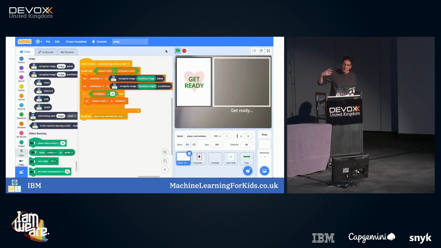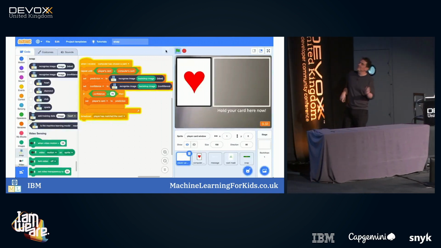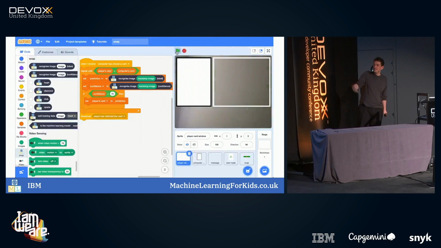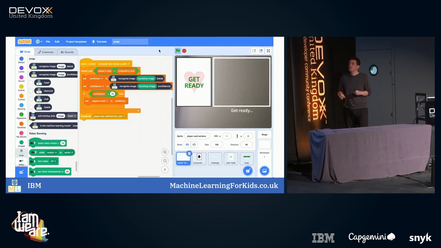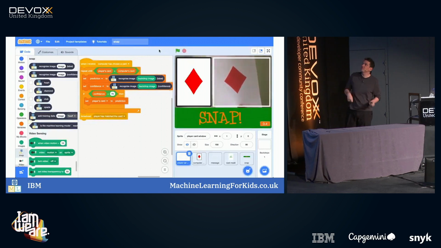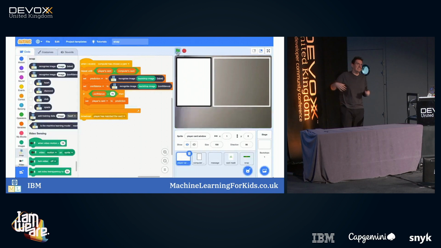This one is using the webcam. So I mentioned, the webcam is a nice way of getting training data. So here, they had to hold up a matching card. And with the classes, I have a bit more time, so I get them to make their own cards. But for this, I'm just using printed ones. So they just have to hold it in front of the webcam and see how quickly they can do it. And you can get it to score it and get them to compete and that sort of stuff.